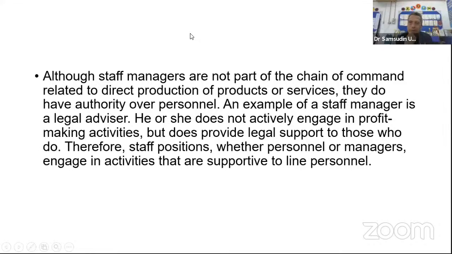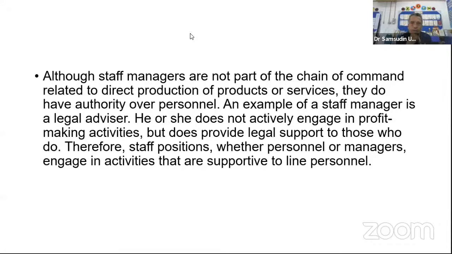Can the students understand and pick up the points from the video just now? Actually, yes, it is very short, but no problem. So this video explains what I explained just now. Okay, and then basically we have to understand the role of staff and the role of line in the structure of the organization.